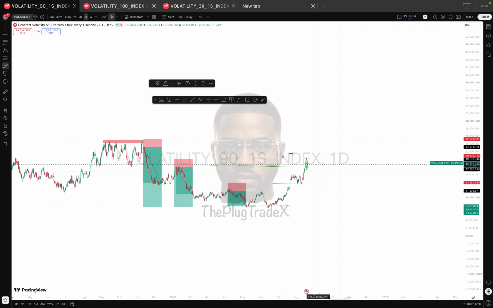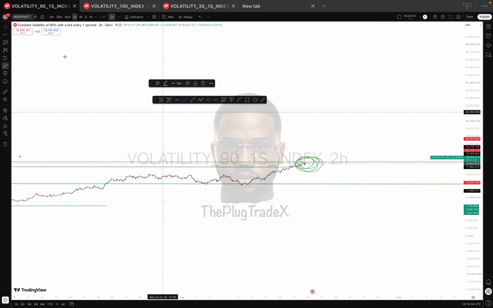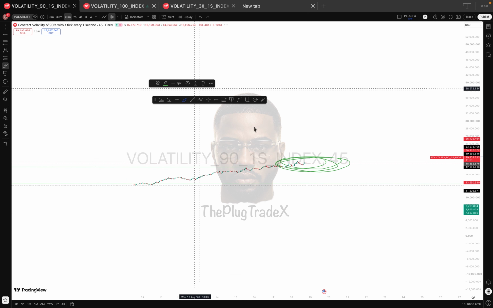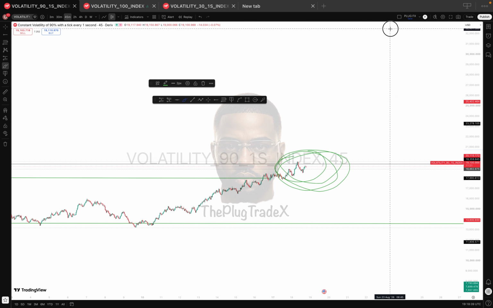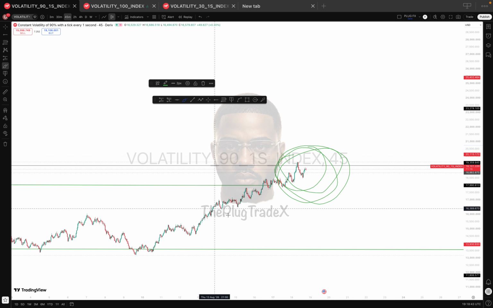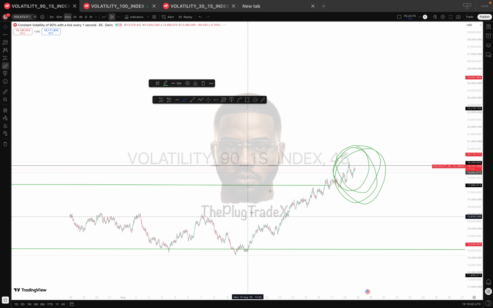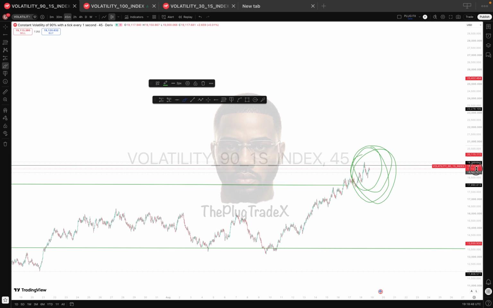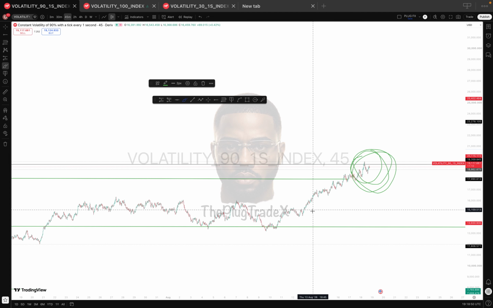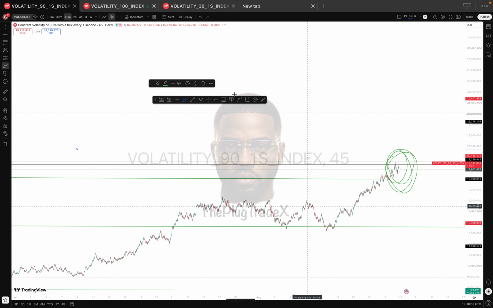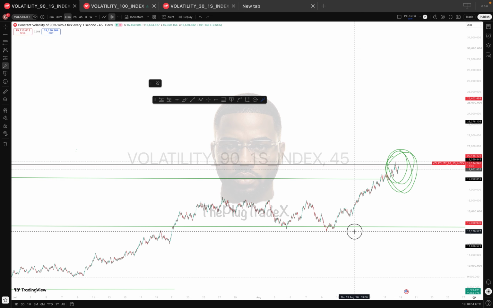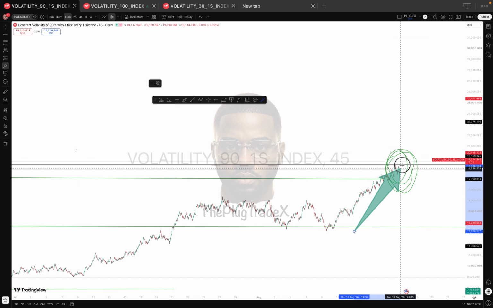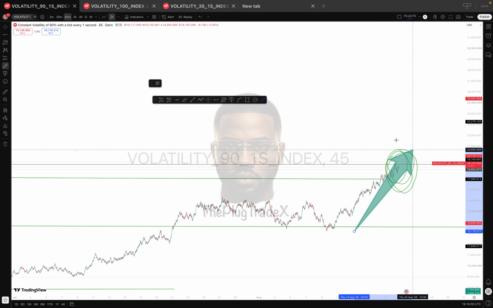There's nothing so much going on here. I don't want to keep scaling down to lower time frames to confuse myself, because nothing happens there. There is no change in character. We can see that we are in a bullish move. People who are buying, oh, this is a very sweet buy. Just buying from this zone alone, just getting this buy to whenever it changes character, is even a sweet trade.